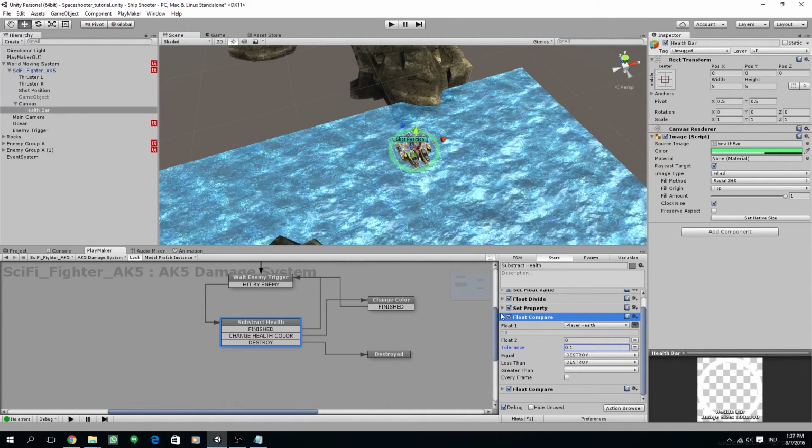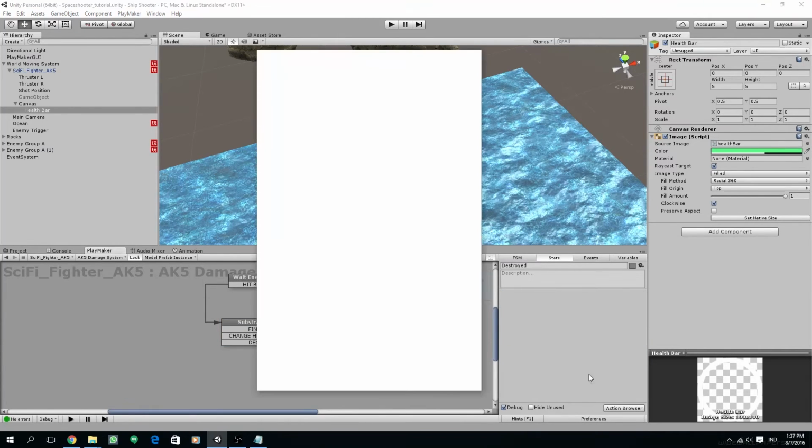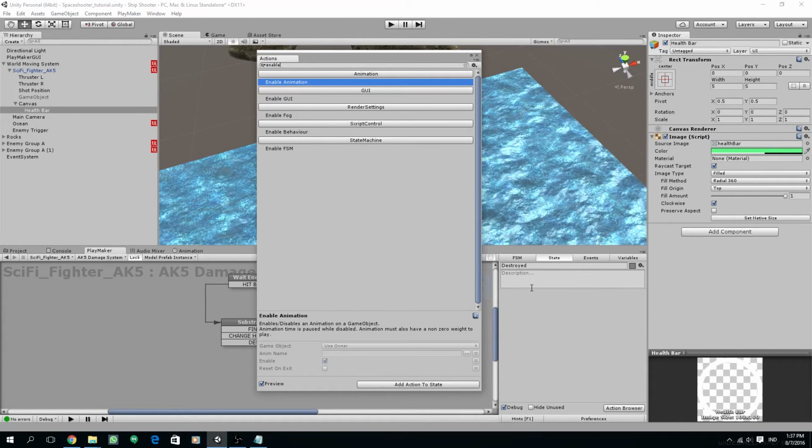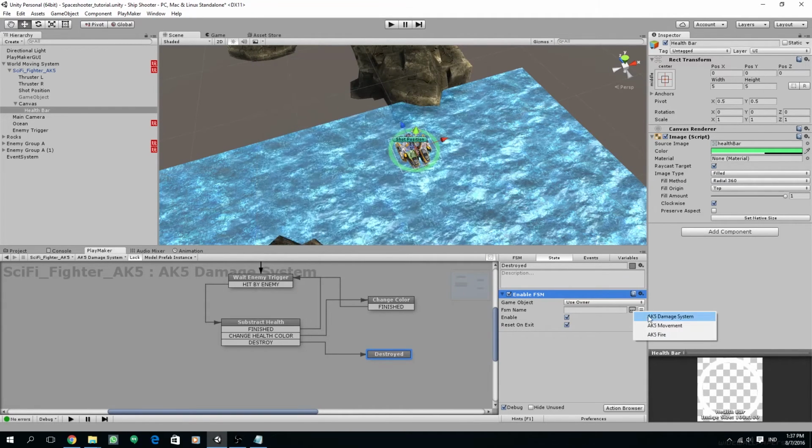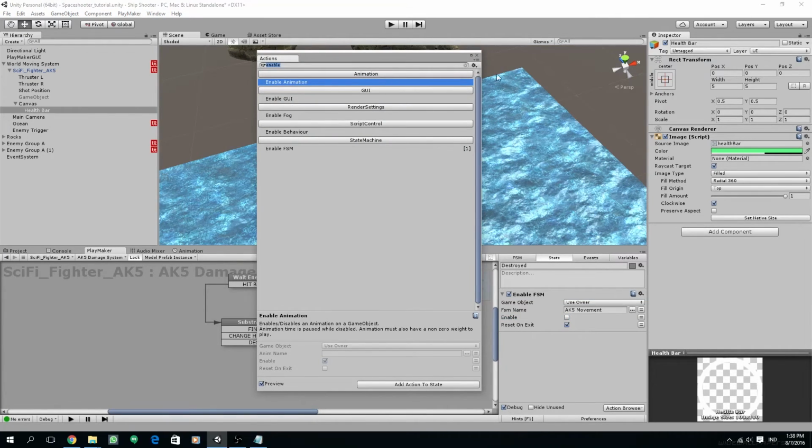Okay, so now under destroy, I'm going first to use an enable FSM, and I'm going to pick another of this sci-fi fighter AK5 FSM, the movement, and I'm going to disable the movement so we cannot control it again. And then I'm going to